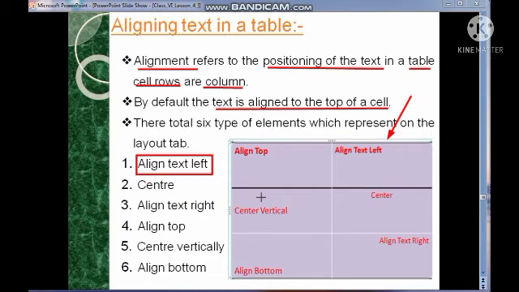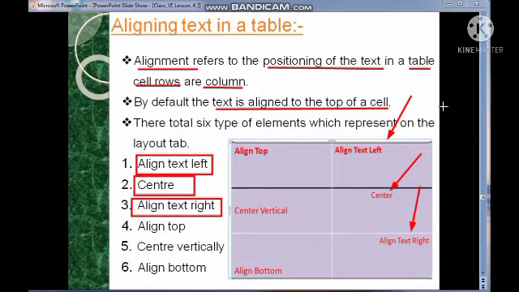Center means it displays the text in the center. You can see center alignment here. Then align text right. You can see in this table, align text right is given here.